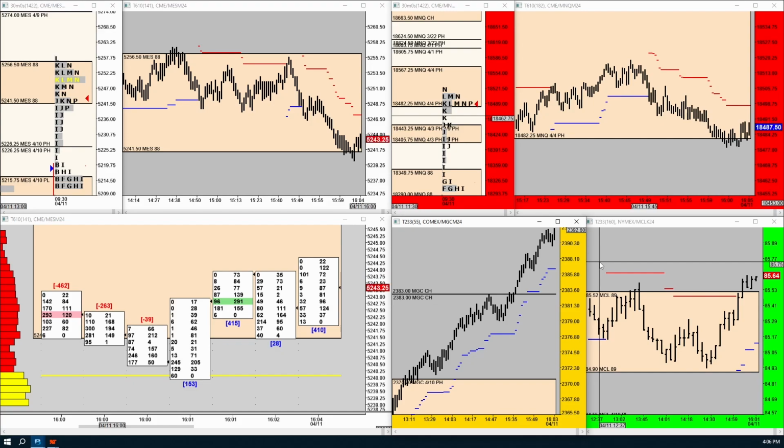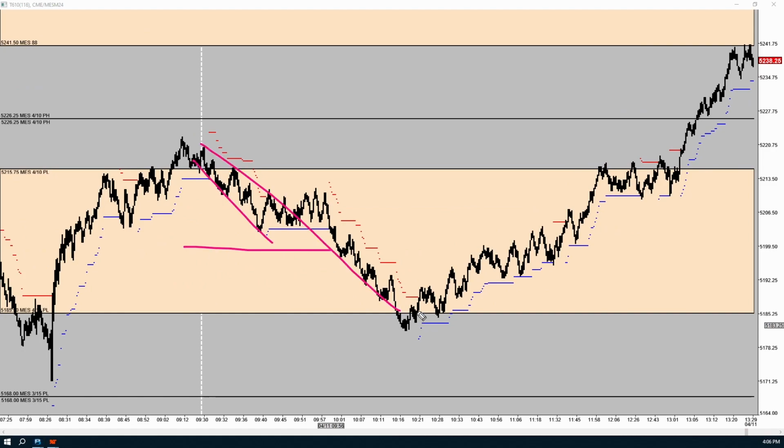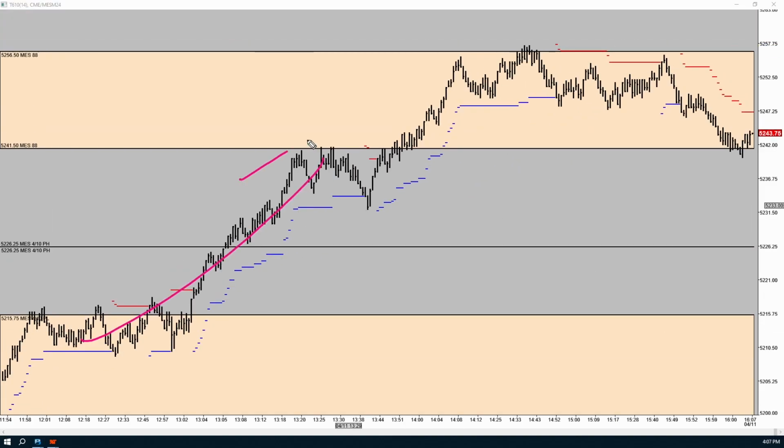Now the equities, they opened inside that range with the exception of the NASDAQ. Pull up this chart here. The ES, like I said, opened inside that range, went and got to that close, and then they had that reversal at that edge. Now, plenty of opportunities in the morning. 1, 2, 3, 4, 5 disqualified, 6, 7. So 6, 7 opportunities, 1 disqualified, 1 loss at that edge. There's another long opportunity there. That one's disqualified. So a good potential for entries throughout the day, ultimately going above that range high, starting to